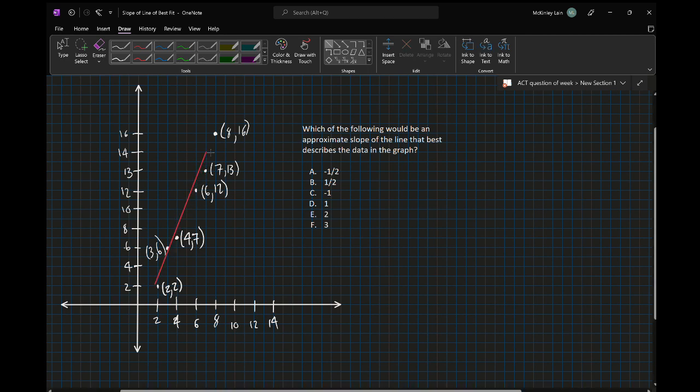that would identify or describe the data. Okay, so that line, there's a few on the right hand side of the line, there's a few on the left hand side of the line, but that's about the line that would describe this data. Okay, now the first thing that I'm noticing in this line is that we have a positive